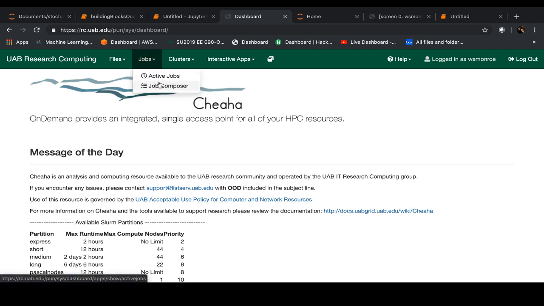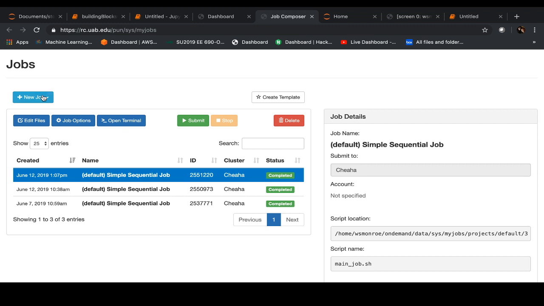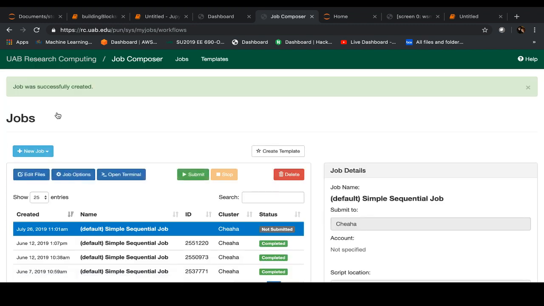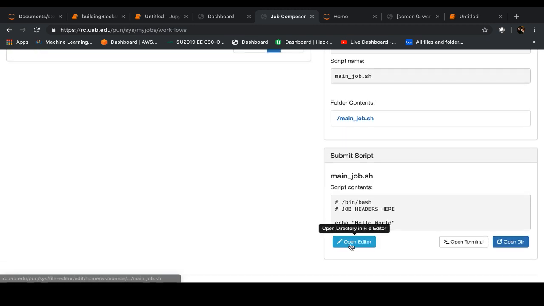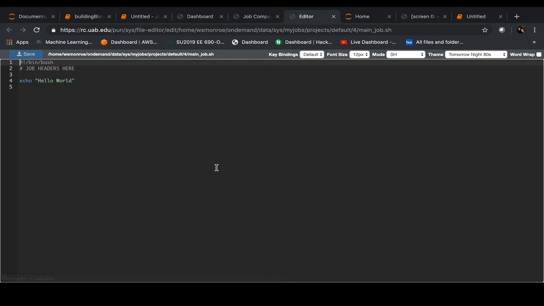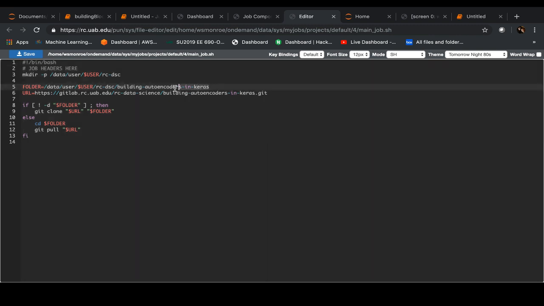If we come to Job Composer, we can create a new job from the default template, then open up the job and paste over this. All right, so we're not building autoencoders in Keras today. Today we're doing reinforcement